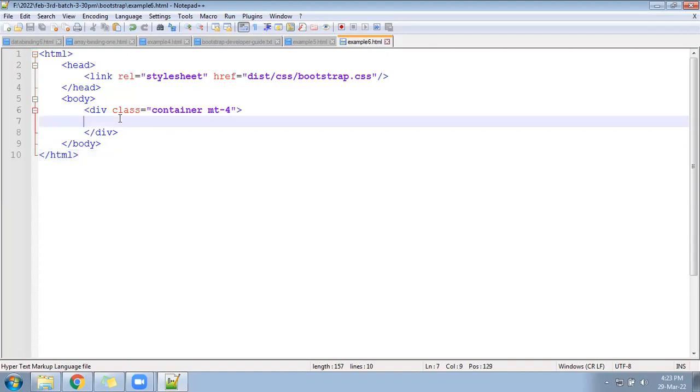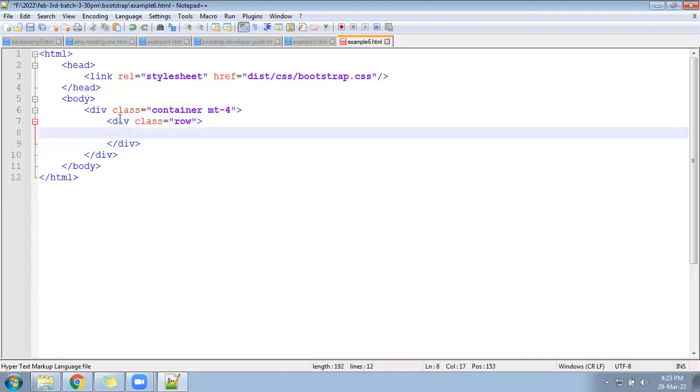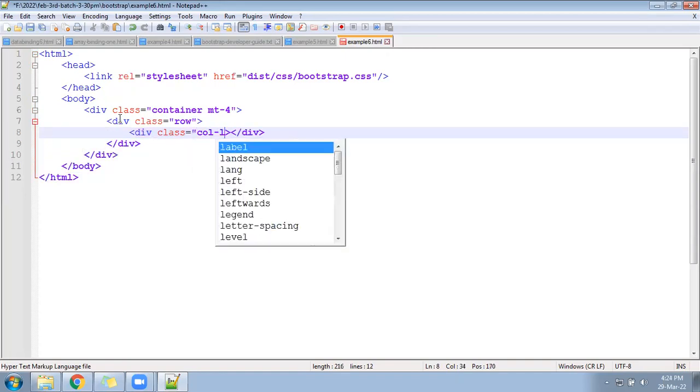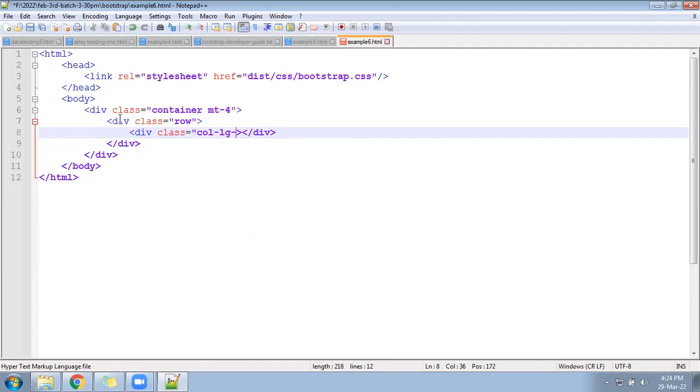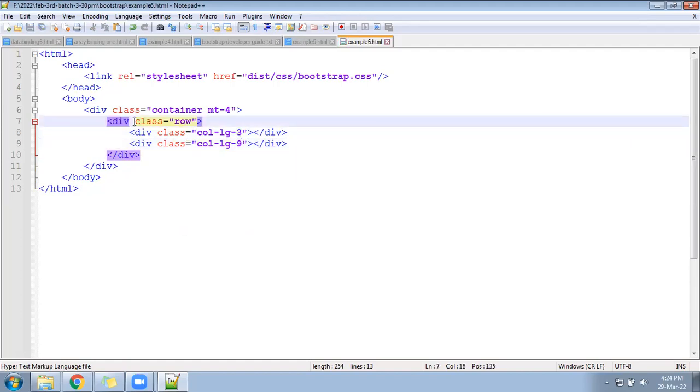Ready? Create a row, class equal to row. Next, create a division, class equal to col-lg-3, and another col-lg-9. Create two columns, 3 and 9 combination.